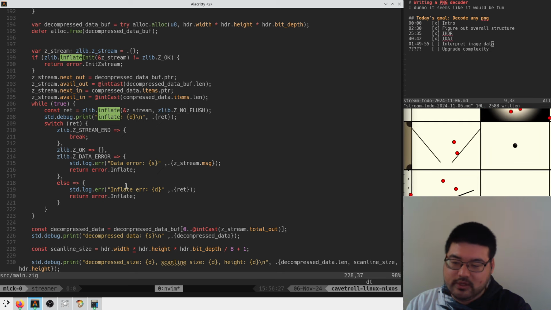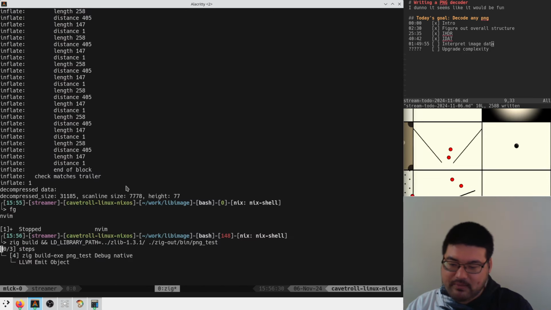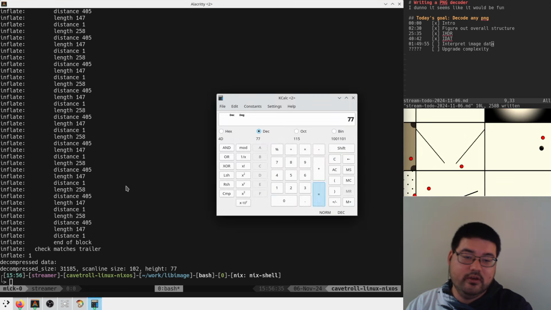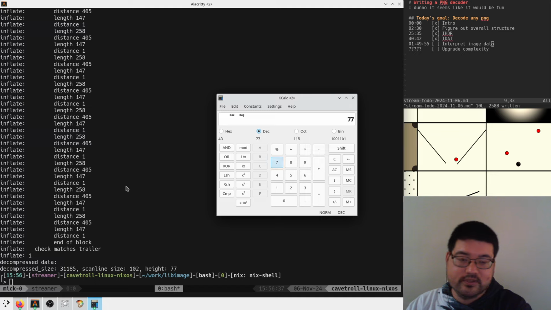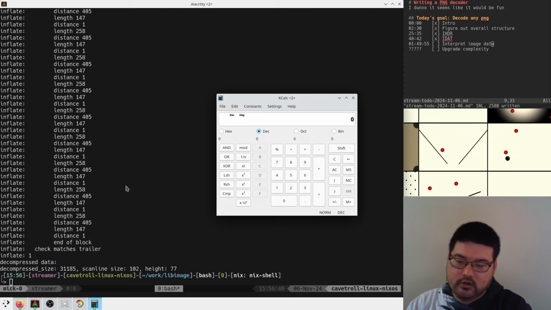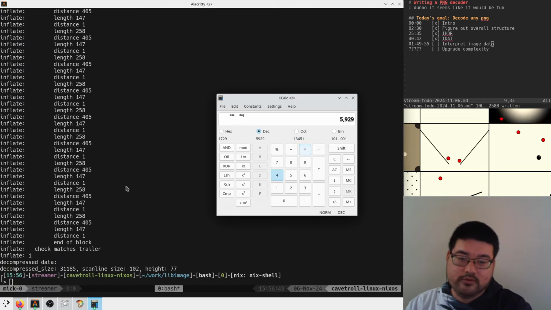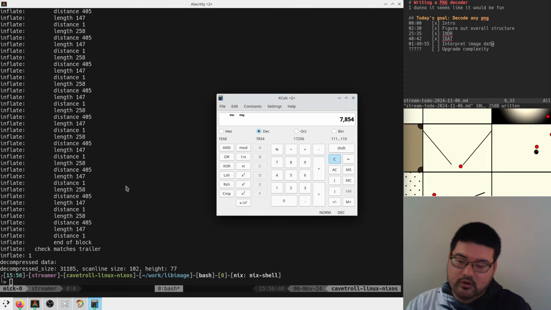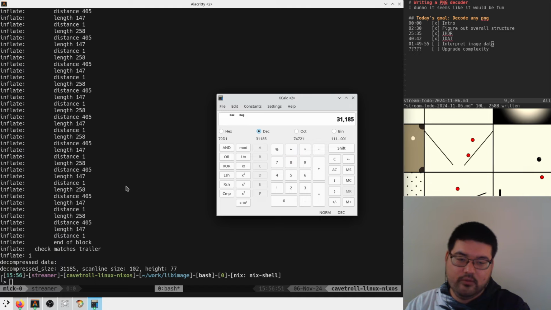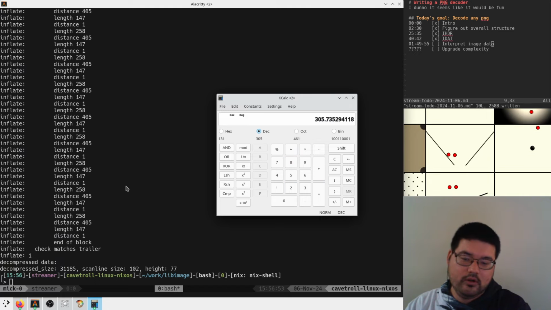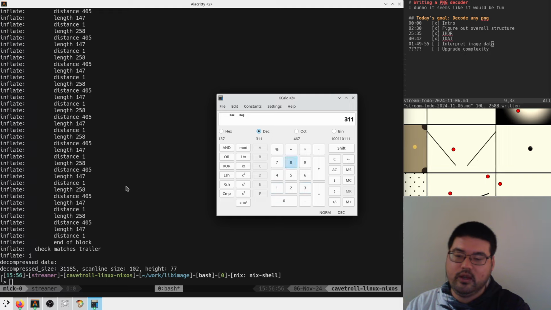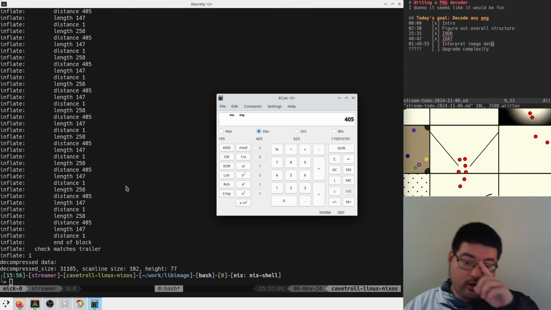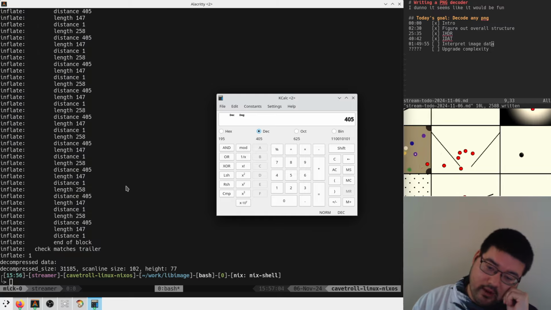Oh, oops, not height. I'm a dumbass. Width times bit depth. My bad. Scanline size is 102 times 77. Oops, 102 times 77. Okay. Times 4. 31185 over 102. Okay, that's wrong. 31185 divided by 77. 405. Okay. So 405